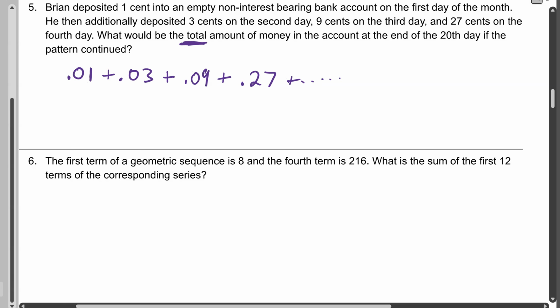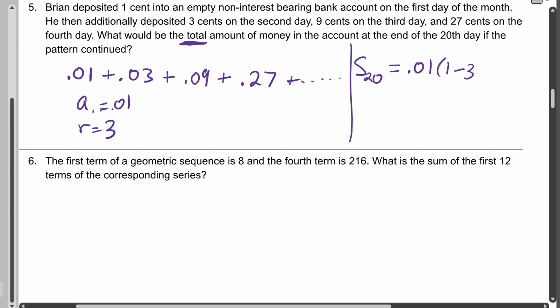So if I want to know how much money, they didn't specify a unit, but a lot of times we want to leave that in dollars. So my first term is 0.01, but my common ratio looks like it's 3, that I'm tripling every time. So if I make those substitutions into this formula for how much he'd have at the end of the 20th day after he makes that 20th deposit, in this case,